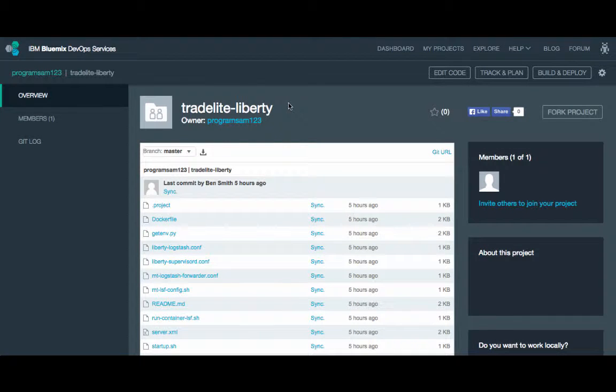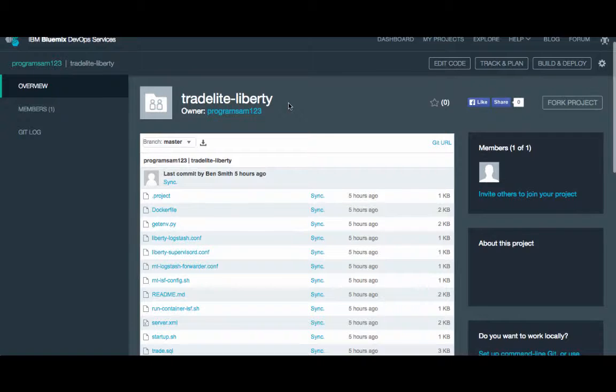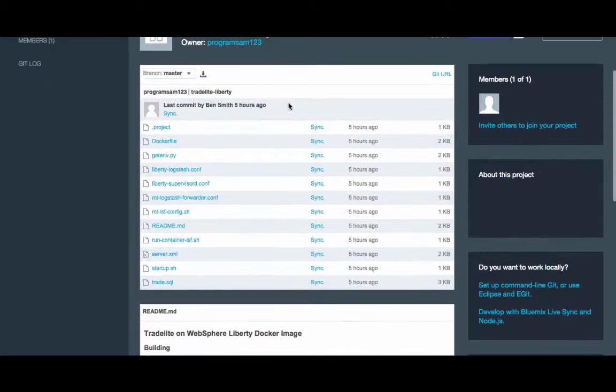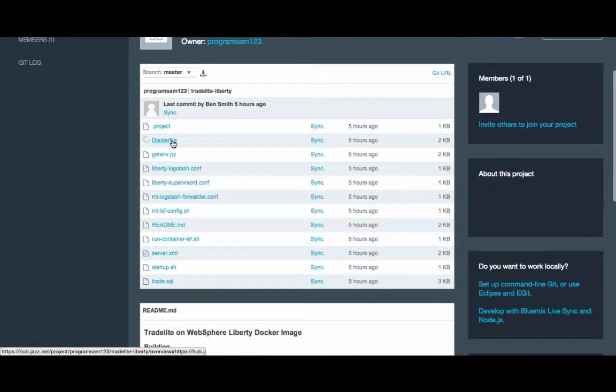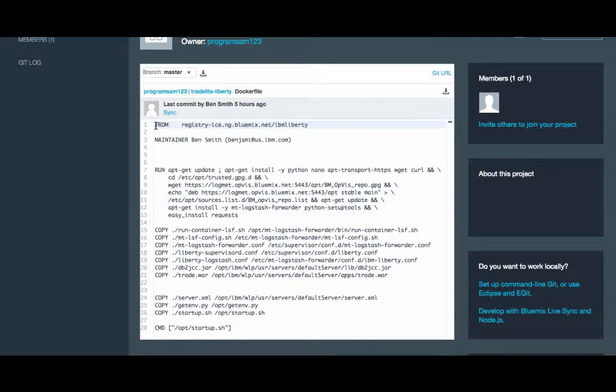After refactoring our application to run inside a Bluemix container, we would end up with this repository, which we have posted to IBM DevOps Services. The Docker file tells Bluemix how to build the Docker image, starting from the IBM Container Service Liberty image. We copied the DB2 JDBC driver as well as the built and compiled WAR file of our application into the image so that they are there when the container starts.